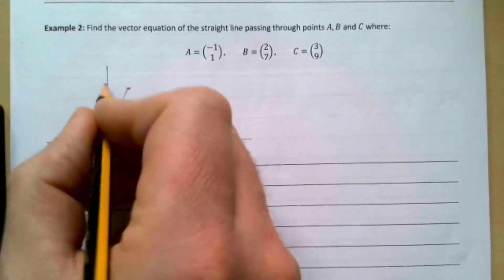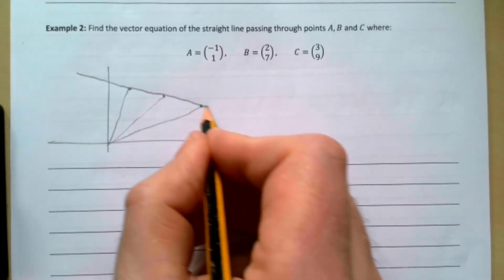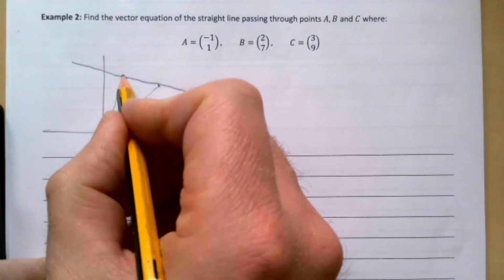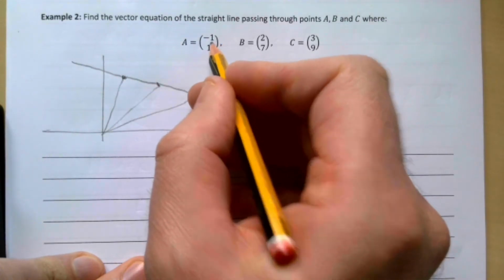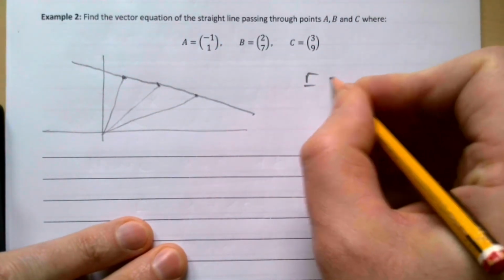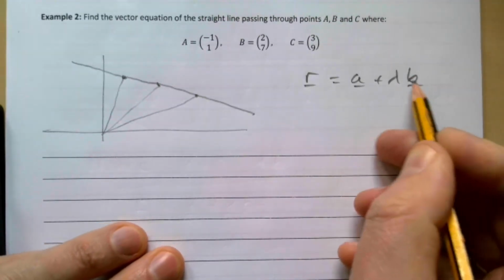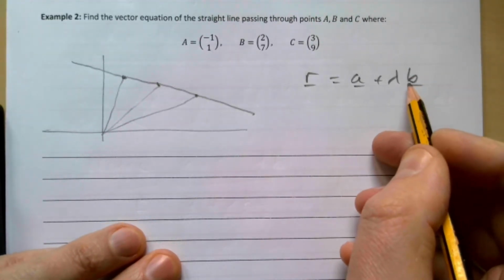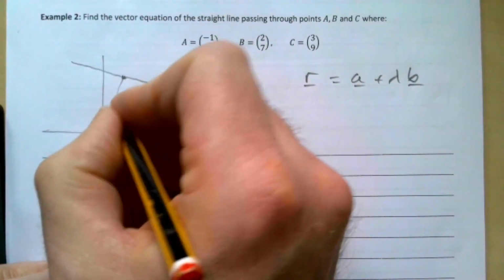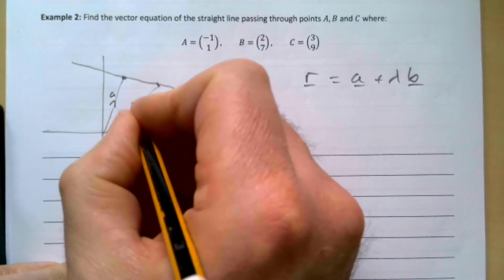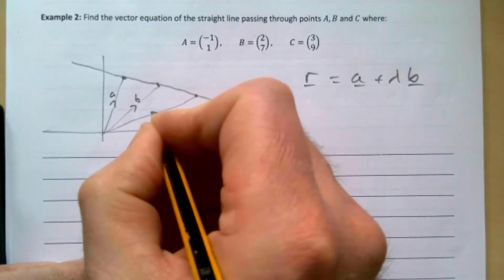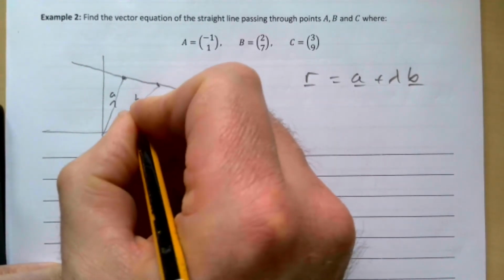What do we need? We're trying to find the vector equation of this line, so we need to know the direction it's going. That's the b bit. And then we need to know a point on the line. We've already got 3 points on the line, so that bit's no hassle. So it's going to be r equals a plus lambda b, and we need to find the direction the line's going. So if we have this as a, this is b, and this as c,